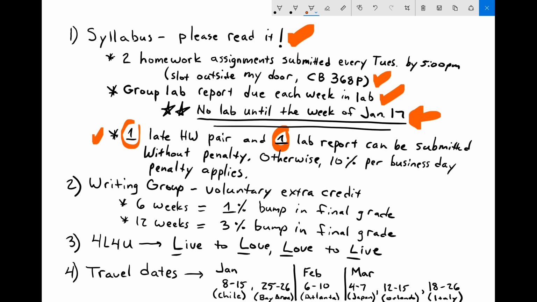One of the best ways I found to do this is to receive peer criticism or peer review of your writing. To encourage this, we formed what we call writing group. Writing group is just a group of your peers that gets together once a week and brings 1 to 2 pages of technical writing, usually double spaced, and shares it with the rest of the members of the group. And so everybody gets their own copy of your writing, and then the group will spend 5, 6, 7 minutes reading, critiquing your writing, and then giving you